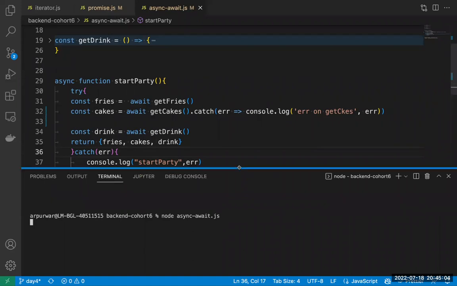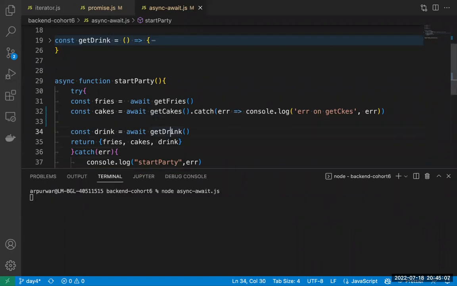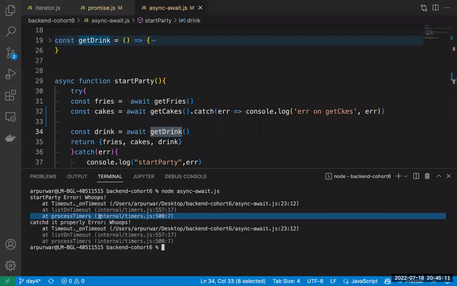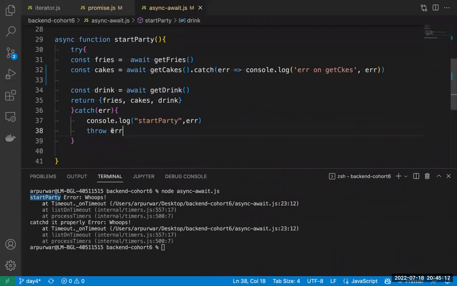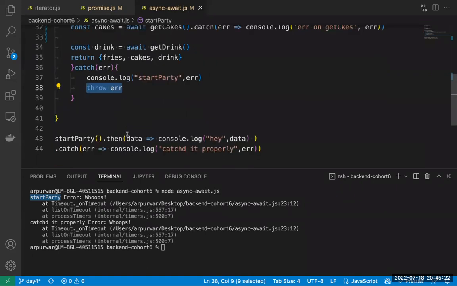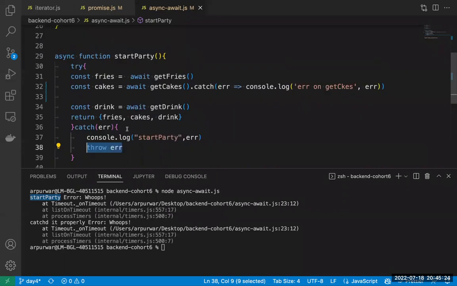Now the get drink promise will throw us the result. So we will see in start party, yeah, start party errors. We went into the global error. Now we just simply want to throw the whole error. We do not want to return any result from here. What we will do? We will throw the error, and this thrown error, where will we catch it? See, again the start party is